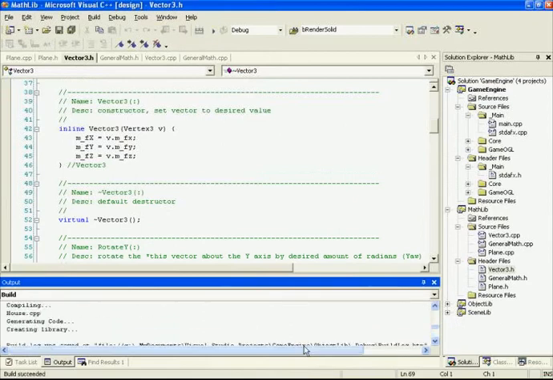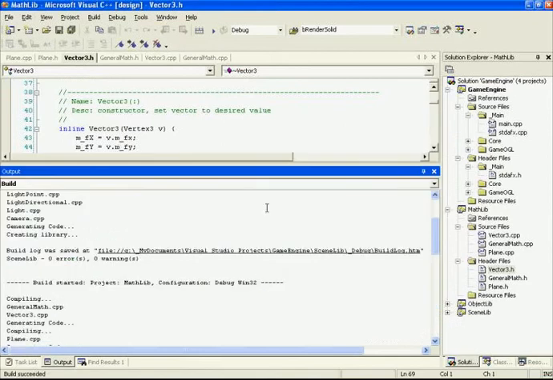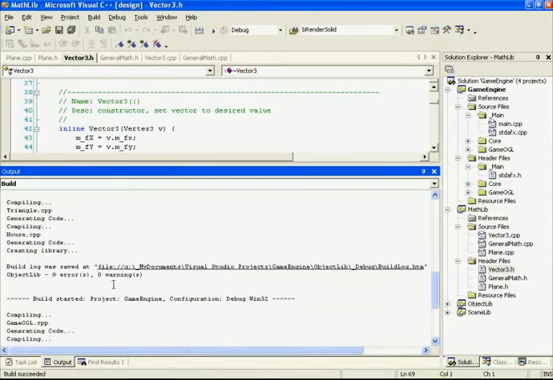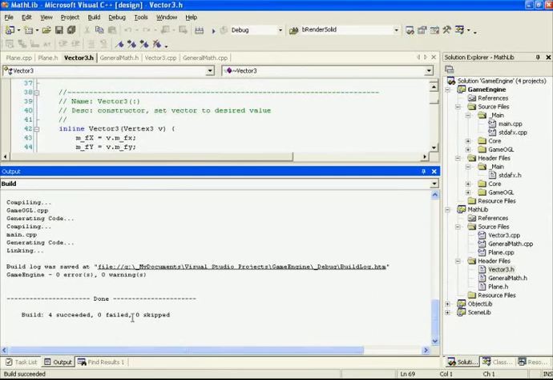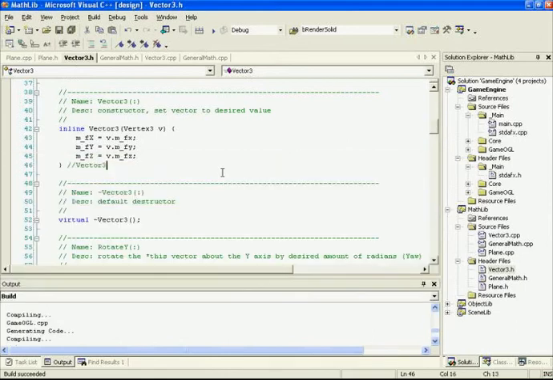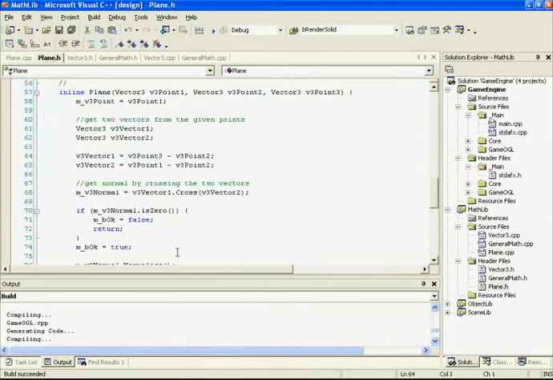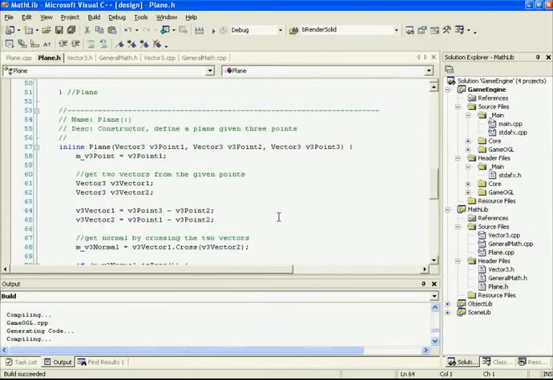Let's just scroll through here. Okay, so that cleaned everything up. So now we have a generic plane class which we can use, and in the next video I'll show you how to implement a new geometry for our OpenGL game, which will be able to use this plane class for some pretty important